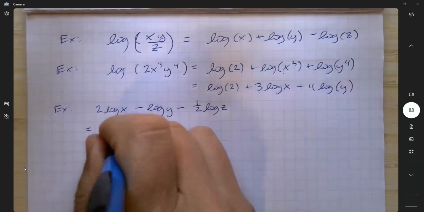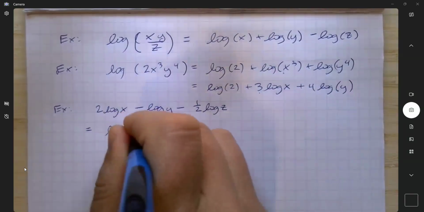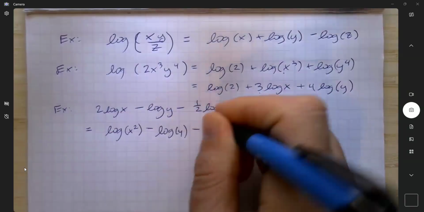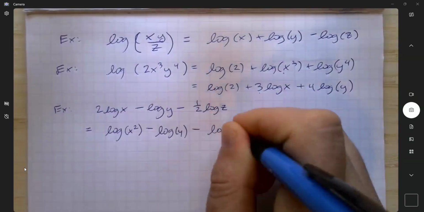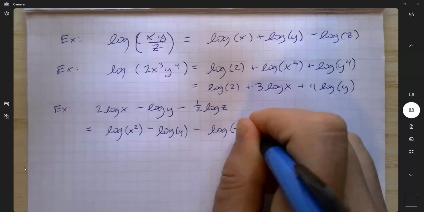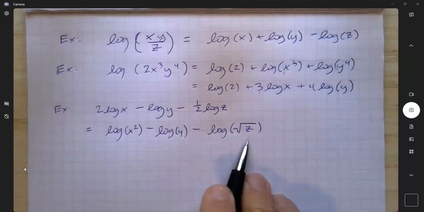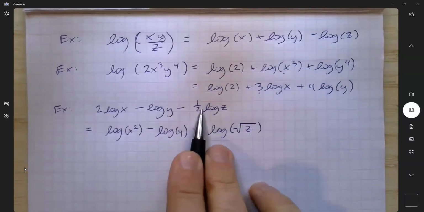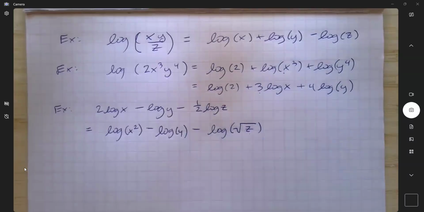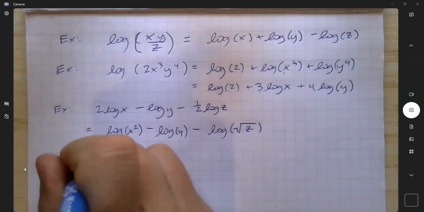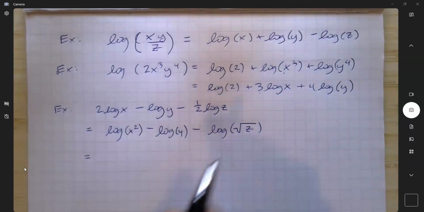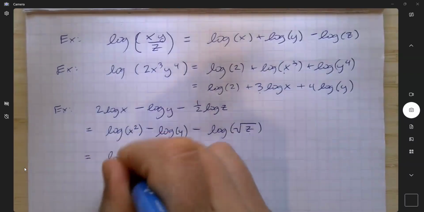So this becomes log of x squared minus log of y minus log of z to the 1/2, which I could write as the square root of z, because logs turn roots into divisions. And then I can use my addition and subtraction of logs to write this as log of,